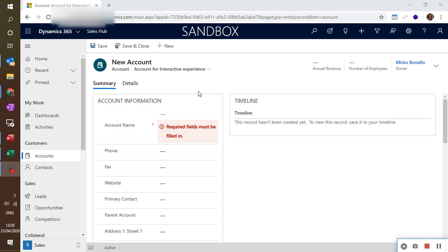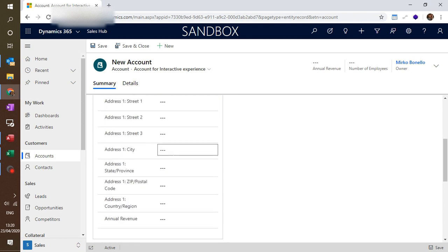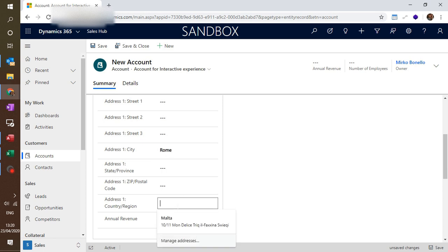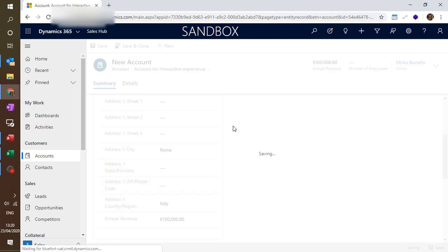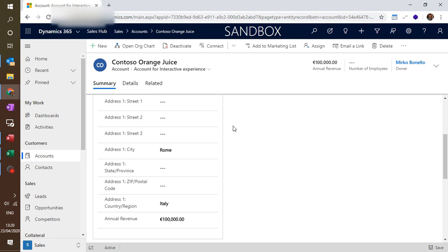I will start the demo. So here I will create an account record in Microsoft Dynamics 365. I will create the account called Contoso Orange Juice. I will give a city, say Rome, country, Italy, annual revenue 100,000 euros. And now I will be saving this record, and what will happen is that a Power Automate flow